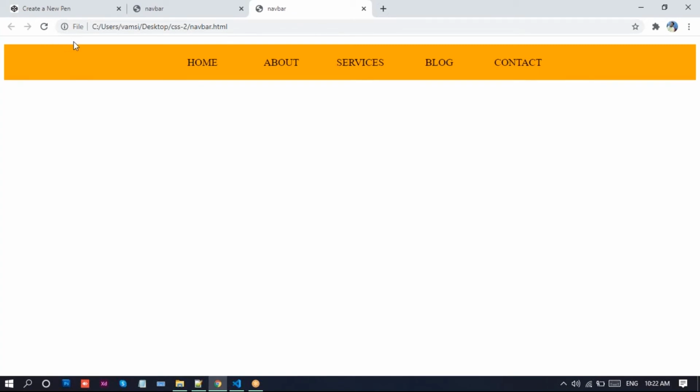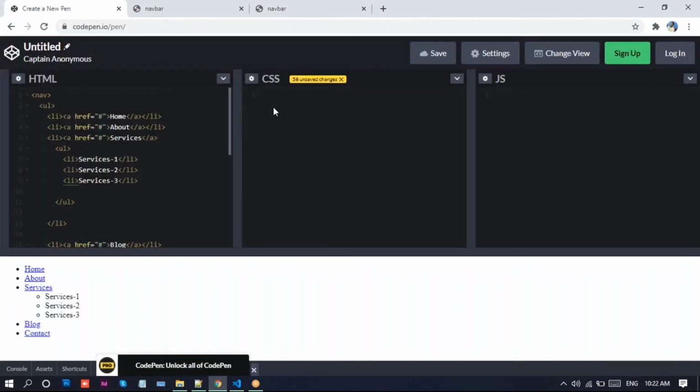See here we have some margins at the top, so we need to avoid these margins and paddings.